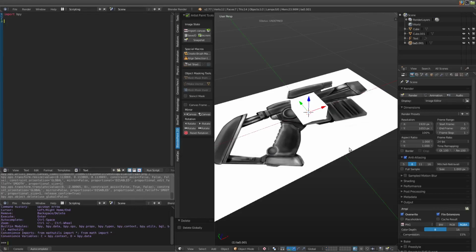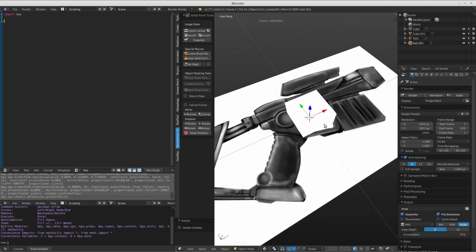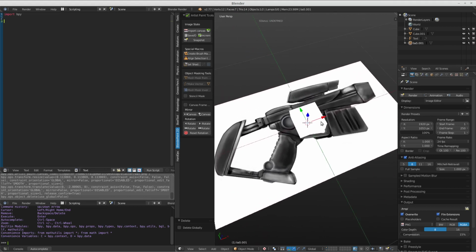Alright, I wanted to talk about this little small add-on. It's a pie menu. This is the problem I'm trying to solve: when you're trying to model against a